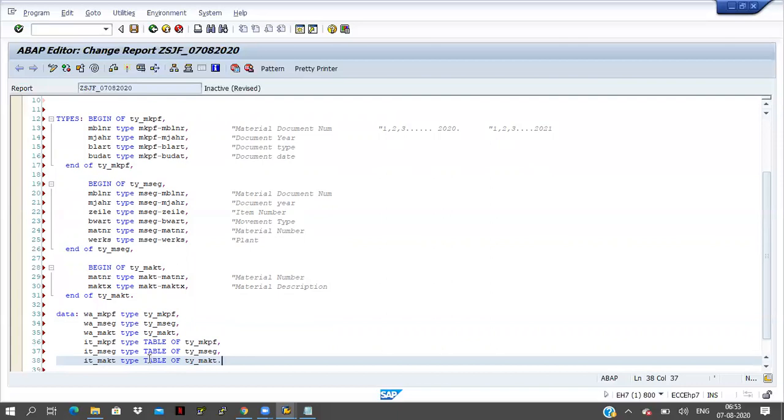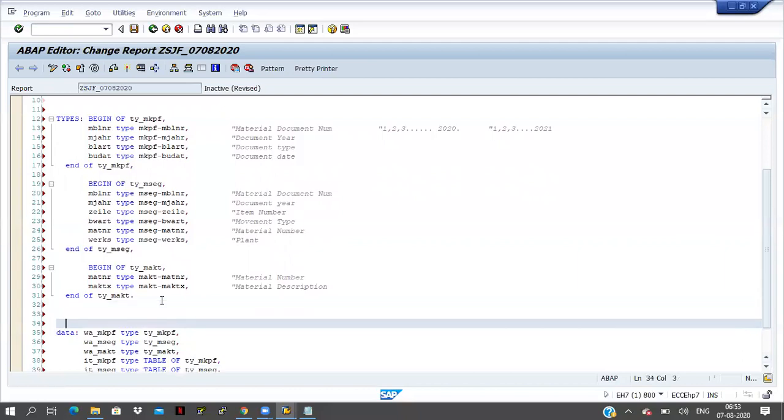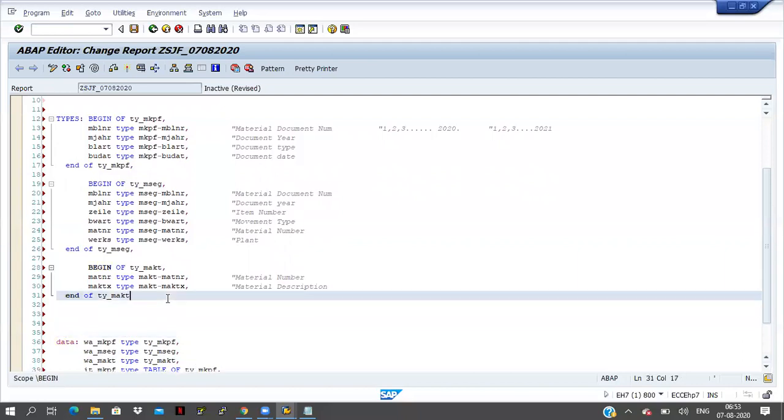And for the final one, we have to display the data. So three internal tables are coming here, and I have to merge the three internal tables into a single internal table, because we can display the data from only one internal table. So I have to declare one more types here for the final one.